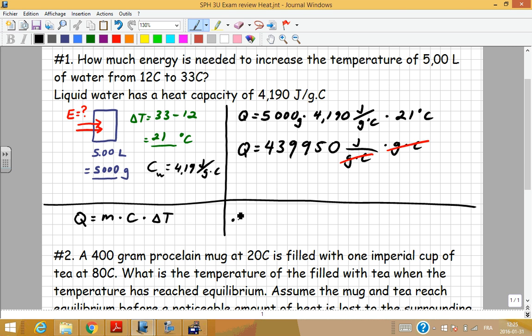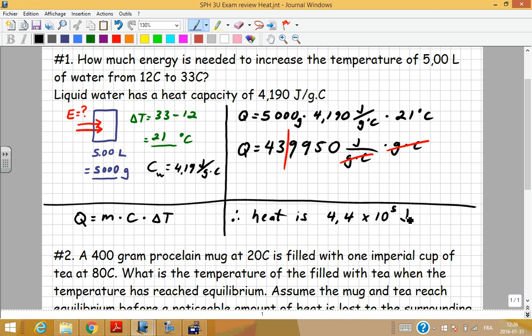So in conclusion, the heat is, I need two numbers, so 4.4. So I am rounding at the second one. Oops, I want to put this in red. Okay, so I'm rounding at the second one, and you will notice that the 3 is followed by a 9, because the 9 is bigger than 0.5. It makes it round up, so it's 4.4. Then I count the amount of decimal places. So it's 1, 2, 3, 4, 5. So that's times 10 to the 5